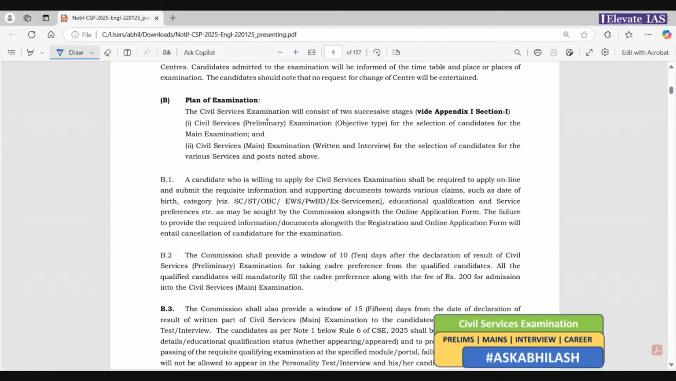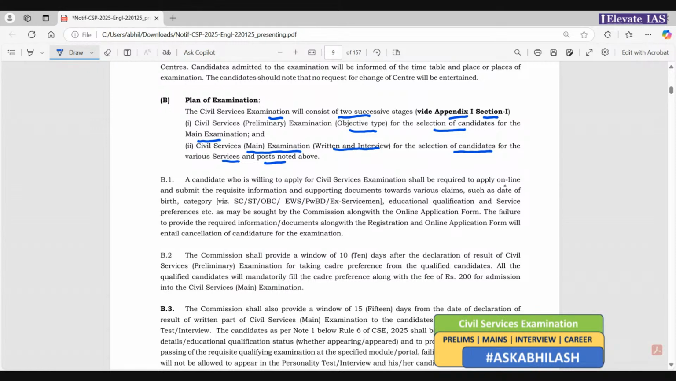Here it says that civil service examination will consist of two successive stages. Appendix 1, section 1 में आप देख सकते हैं, civil services preliminary exam, objective type, for the selection of candidates for the main examination, and then main examination, written and interview, for selection of candidates for various services and posts noted above. ठीक है. Now, B1 में बोलते हैं, candidates willing to apply for civil service examination shall be required